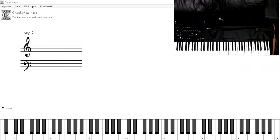So let me show you that part because the other part is something that you already know. So that's like the change. So after the chorus, you got